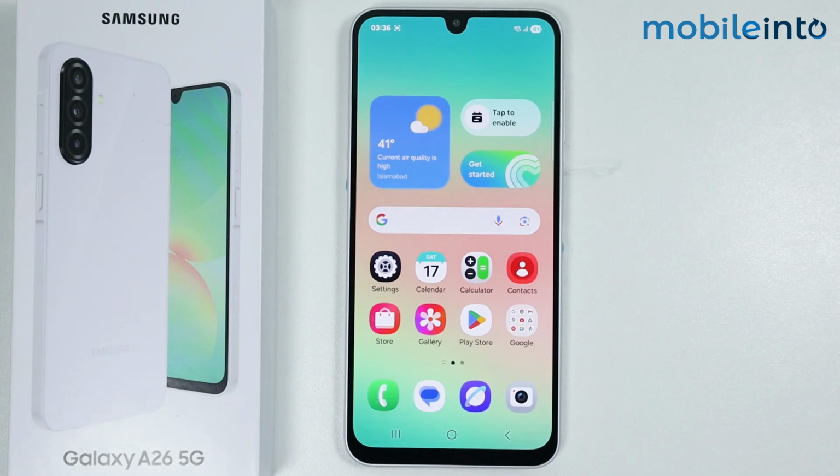Hey, what's up guys? So in this video, we will see how to enable developer mode on the Samsung Galaxy